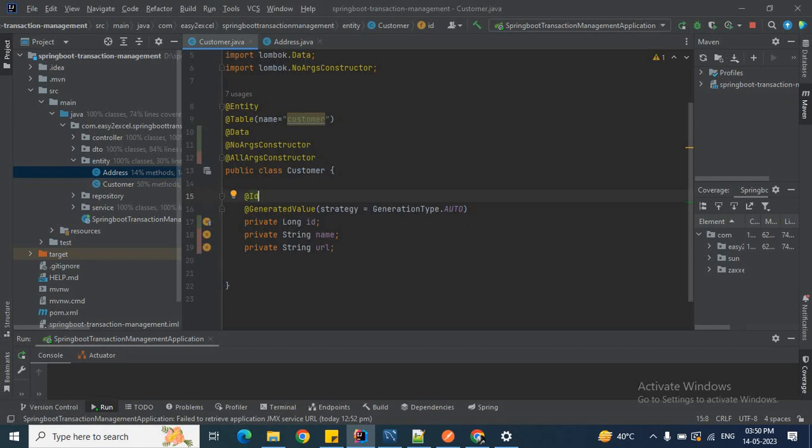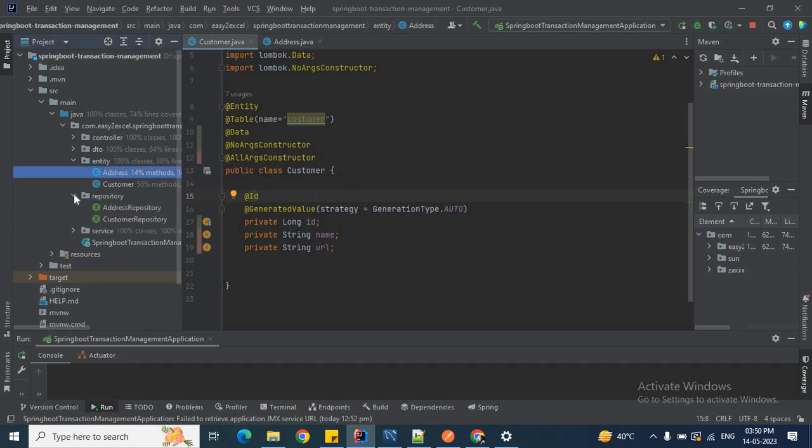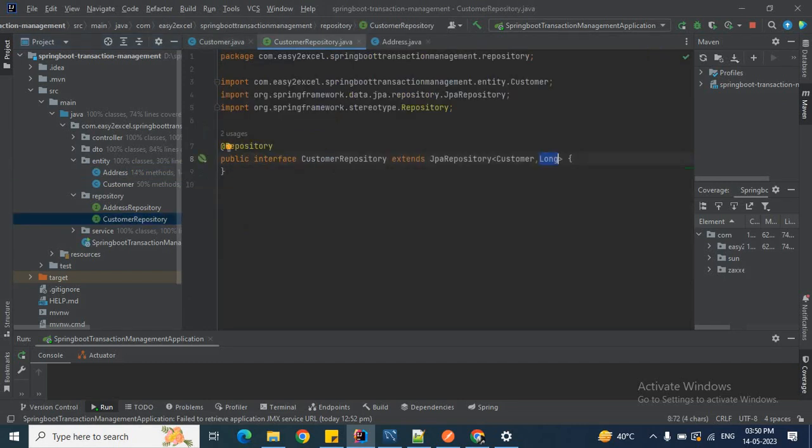Okay, so that is my entity. For these two entities to save the data, I have created two repositories as well. One is the customer repository, which extends JPA repository, with the customer entity and the primary key data type, which is nothing but Long. As it is a repository, I annotate this as @Repository. Then go to our address repository.